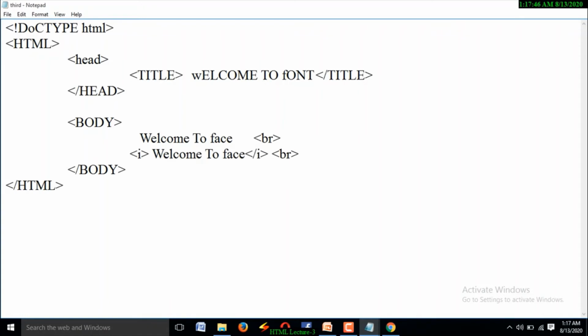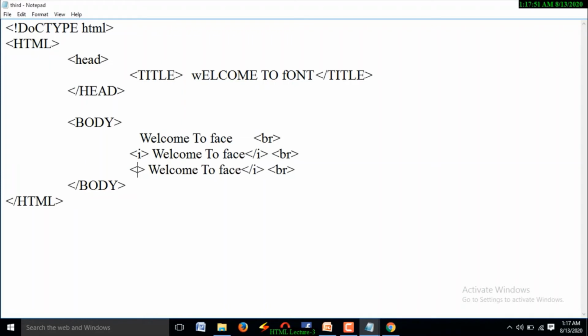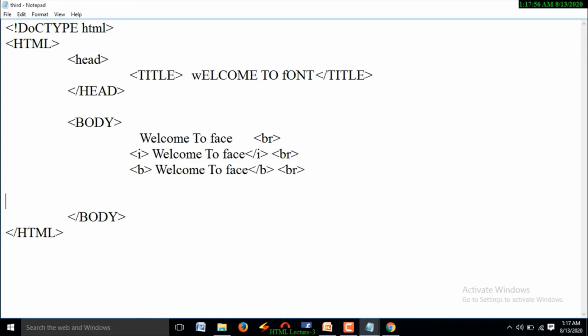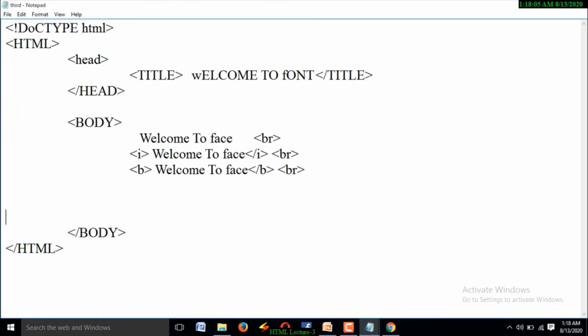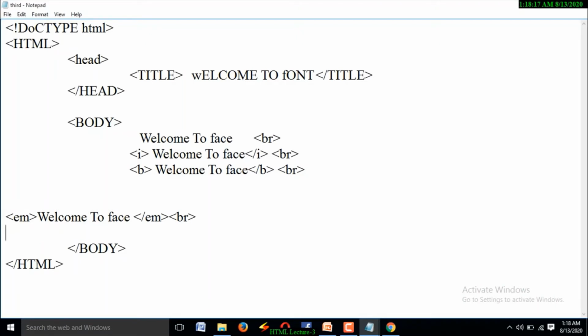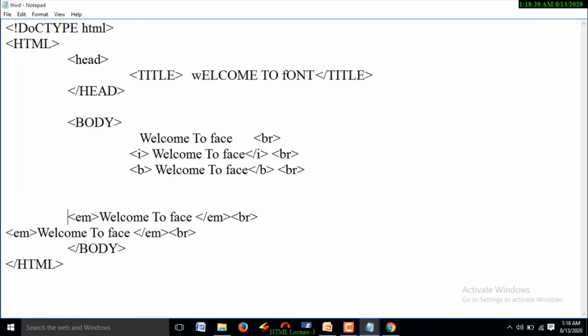And coming to the next line, it is mentioned by using the bold tag. Similarly, I am going to use the emphasize text tag as well as the strong tag. Emphasize text tag, next one is what? Strong tag.